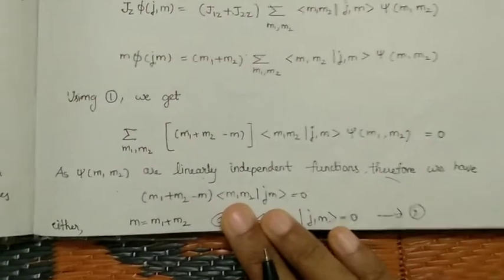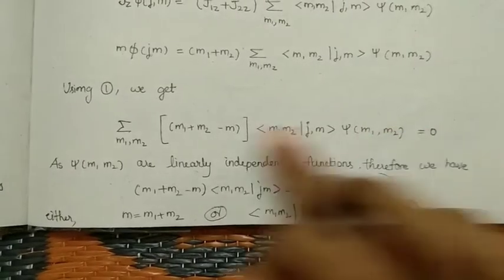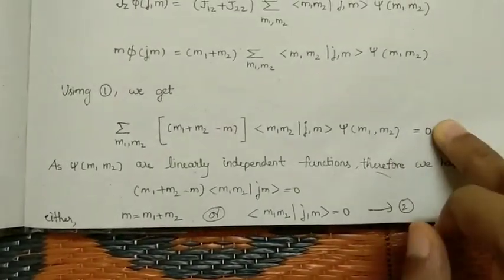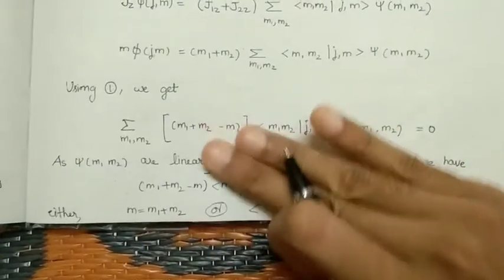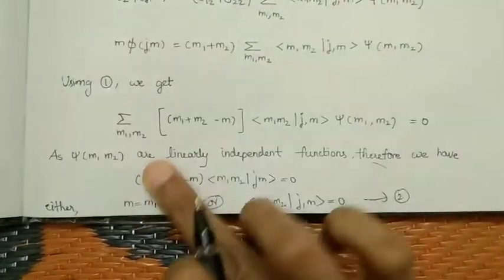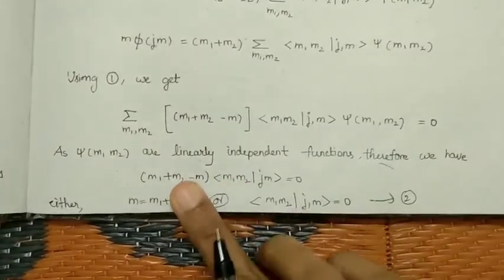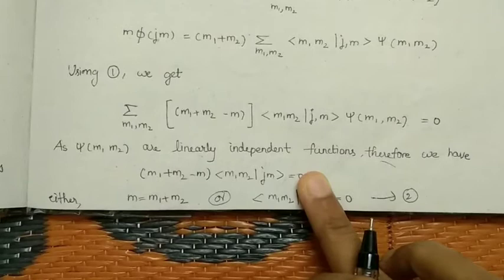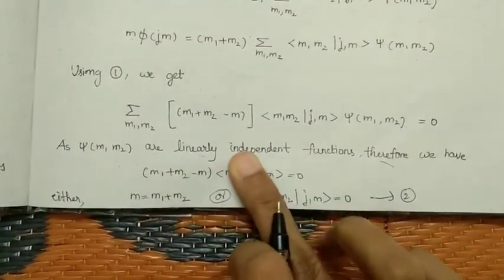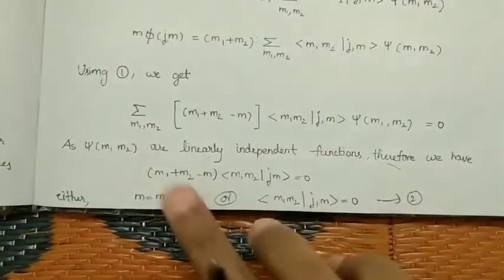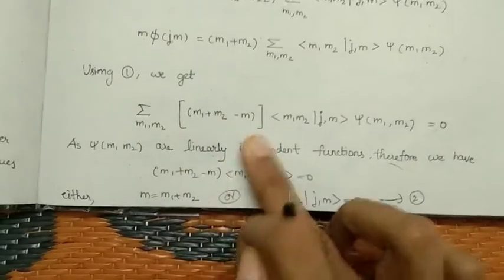Hence here also, as these wave functions are all independent, this summation would become equal to 0 only when its coefficients are 0. So this is the coefficient of this wave function, and this coefficient must be equal to 0. And another thing is, this is of the form ab equals 0. So then we would have either a equals 0 or b equals 0. So either this term equals 0 or else this term equals 0. If this term equals 0, sending this m to that side, m is equal to